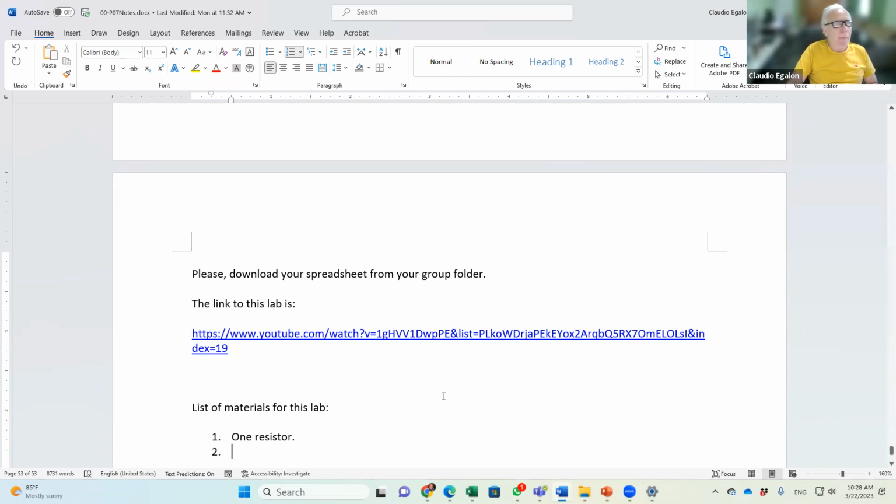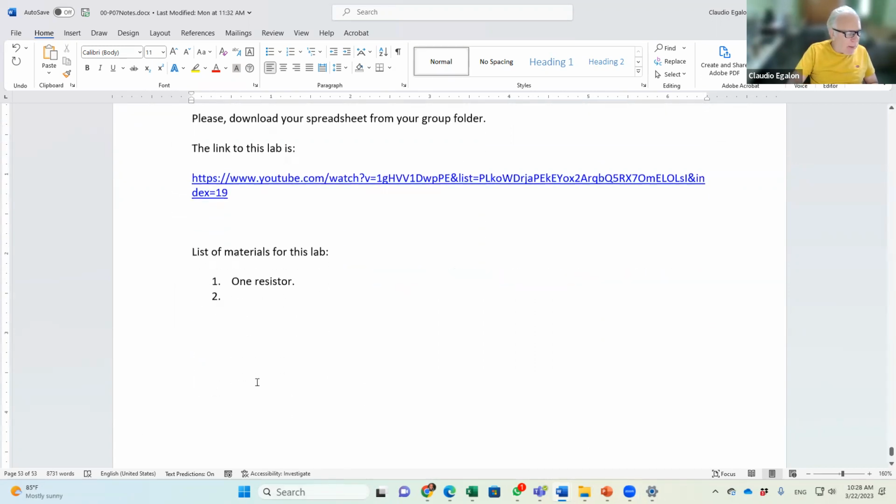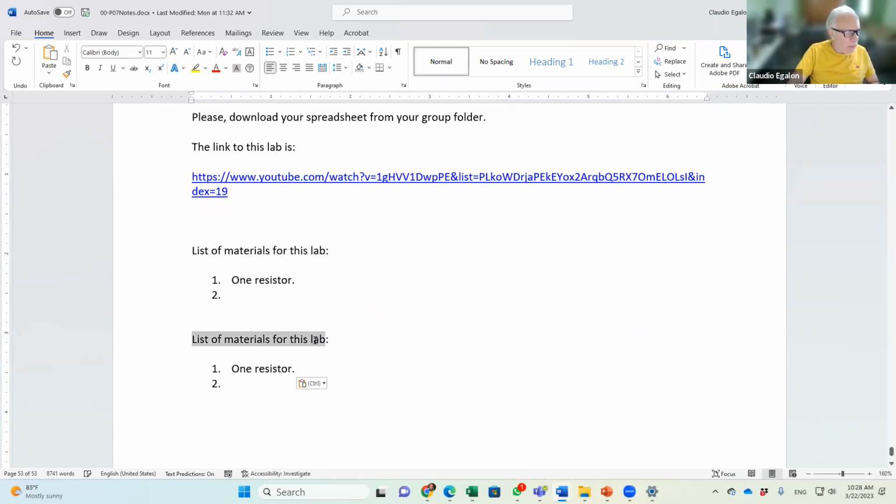And the next thing that you're going to do, you're going to measure. I'm going to have here a list of materials, and I'm going to put the procedure. Measure the resistance of the resistor